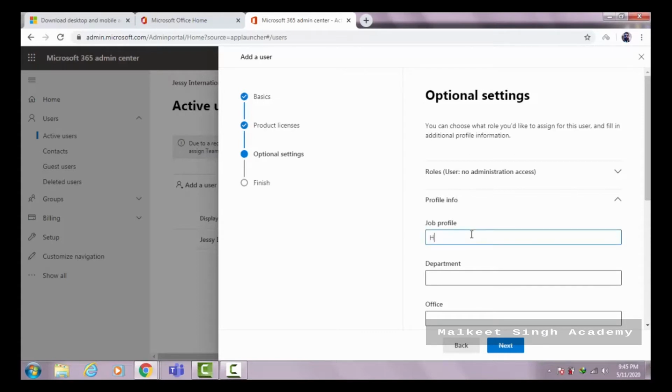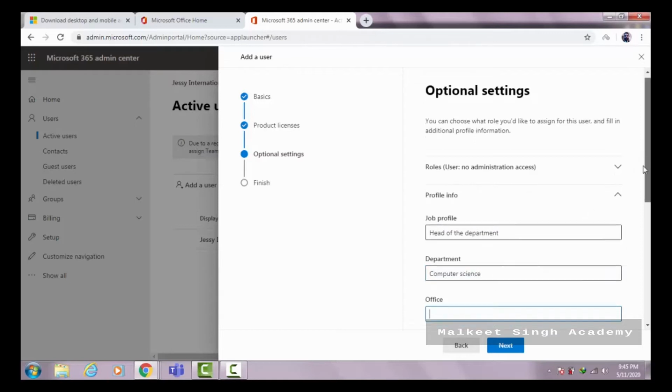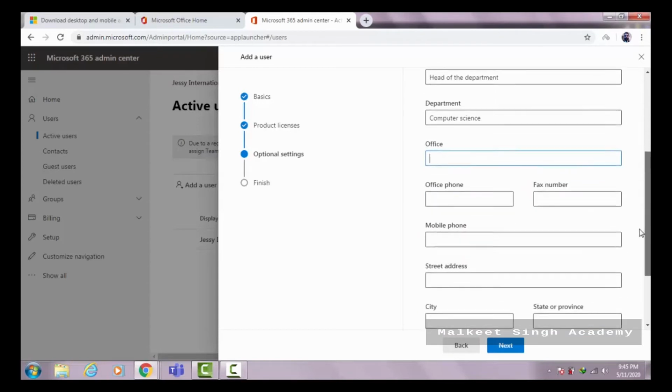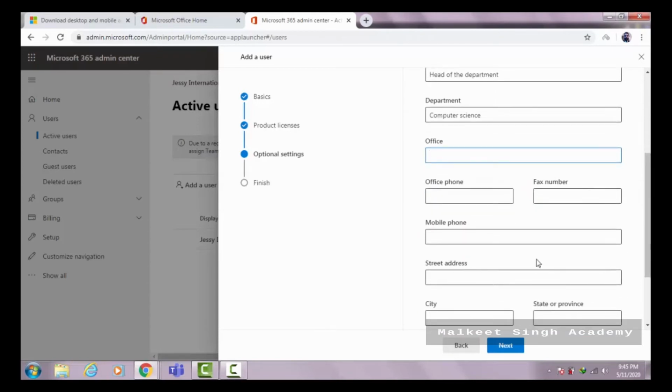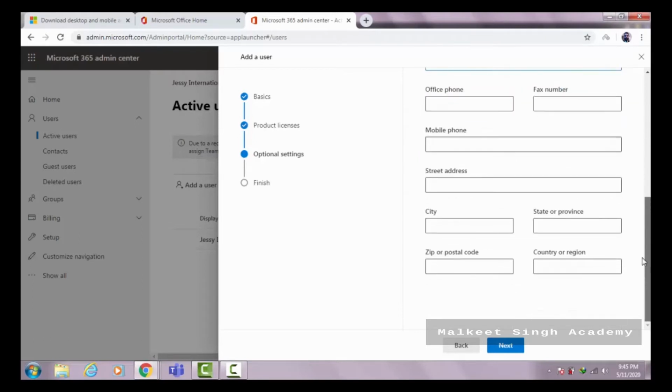I'm making her head of the department, and the department is computer science, because filling in all this detail will help you when you filter your data. Similarly, you can add all this data here, and after filling in all these boxes, click on next.